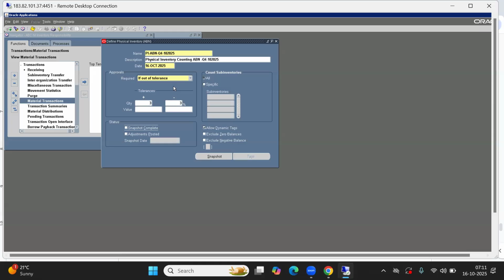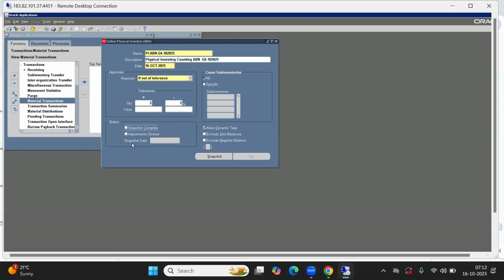If they keep doing transactions while performing the physical inventory, it will not give an accurate result. At the end of the physical inventory counting day, they have to make sure the system quantity and physically available quantity are matched. Fine. Snapshot is when you click this snapshot button, it will trigger one physical inventory freeze report. This report will freeze the transactions.